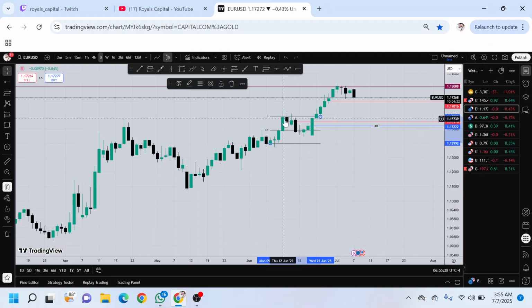This is the impulsive move. We retrace and then went back up. I can still find little impulsive moves right here. Look at this. From here to here, that's below equilibrium. Came down to this other block right here and then we continue moving up. But on the higher time frame, all this is actually one impulsive move. But since we haven't really broken structure yet,